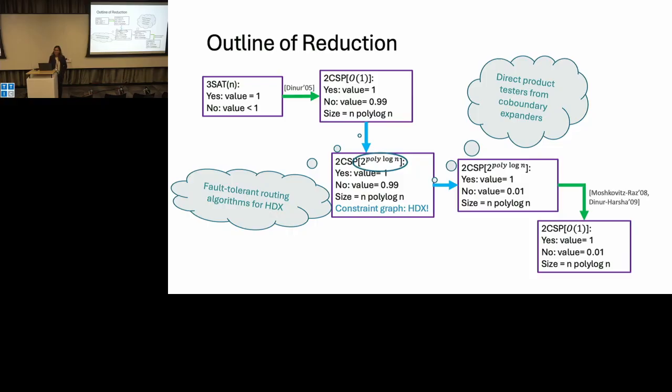This is a related question, I guess. 2 to the polylog n is bigger than poly n, right? So how is it still polynomial time? Or is it implicit or something? It's like the number of bits of the alphabet is polylog n. So really, oh, I see. Okay, so that number of bits really corresponds to the size.